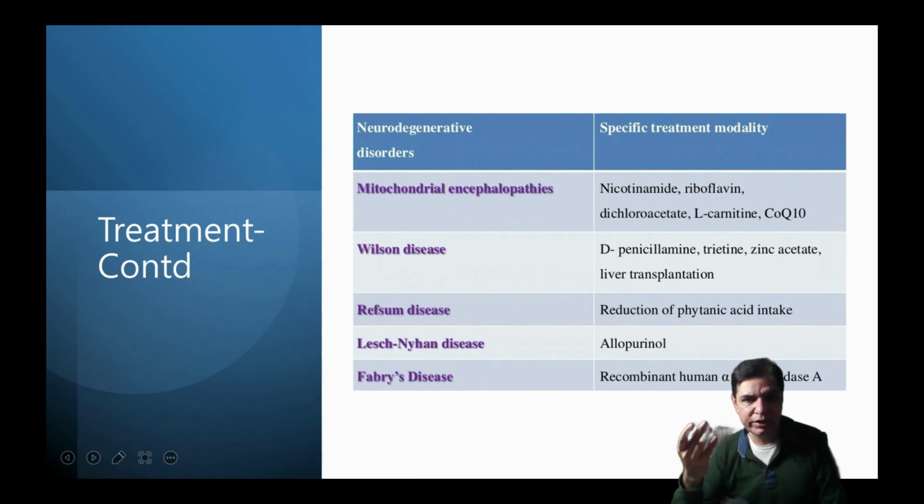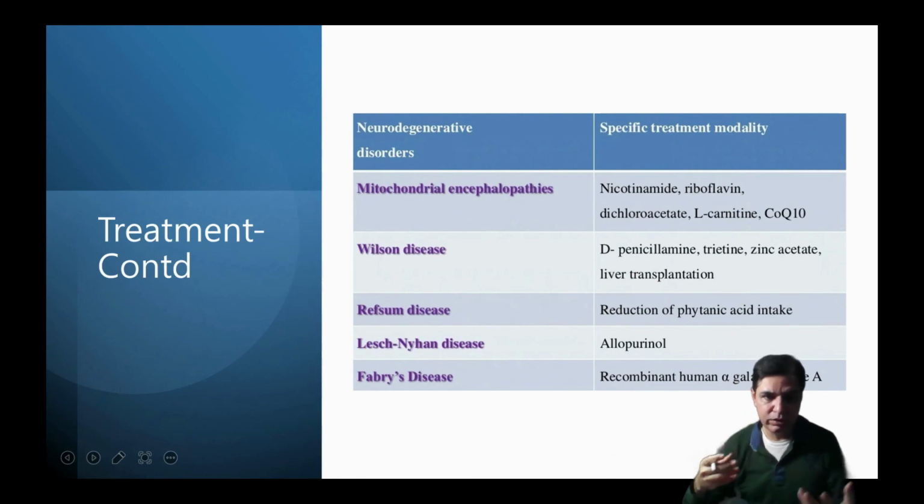Wilson disease requires chelation with D-penicillamine, and because there is predominantly liver involvement, that might need liver transplantation as well. For Refsum disease, you need to reduce your phytanic acid intake. For Lesch-Nyhan disease, in which there is self-mutilating behavior and uric acid is quite high, you need to give them allopurinol. And similarly, for Fabry's disease, you need to give them recombinant human alpha galactosidase A, because that's the enzyme which is deficient,